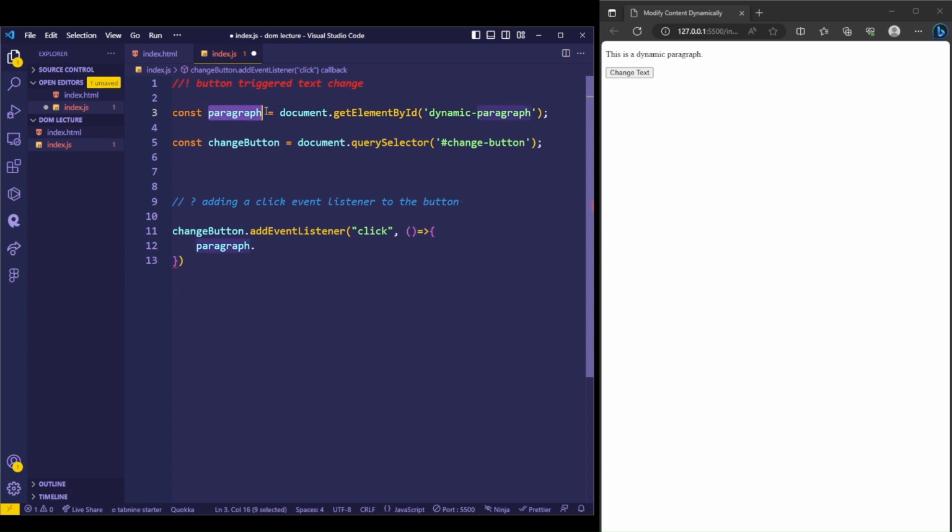So here I am again doing an operation on my paragraph which I have selected above. I have accessed the paragraph above, dot textContent. This is important. Whenever you need to modify your text content, you use the property textContent. And further, when we learn about innerHTML, we will do dot innerHTML, but I will introduce that in future. Let's just leave it now. And what I need to do is write: hello, I am dynamic